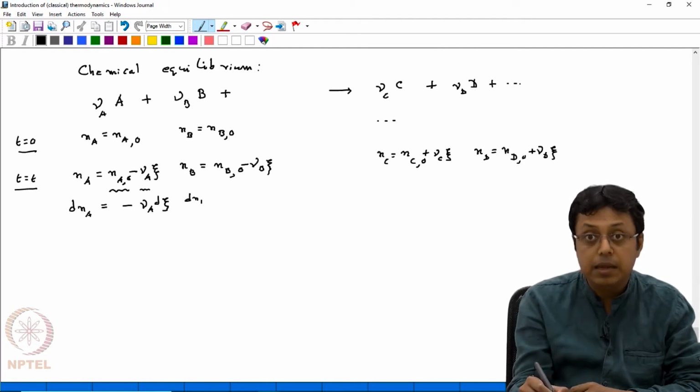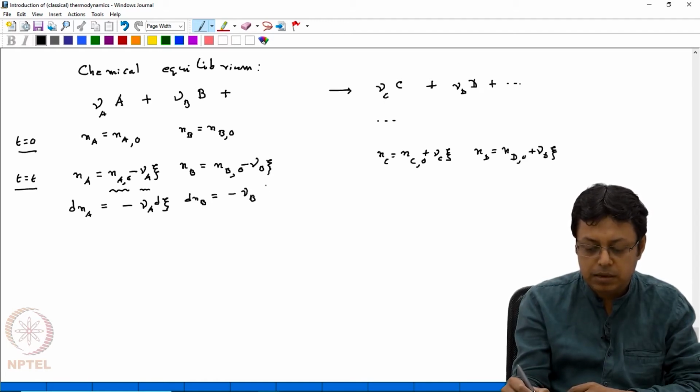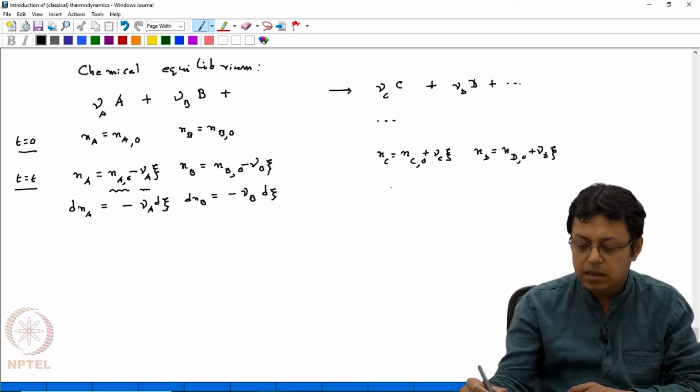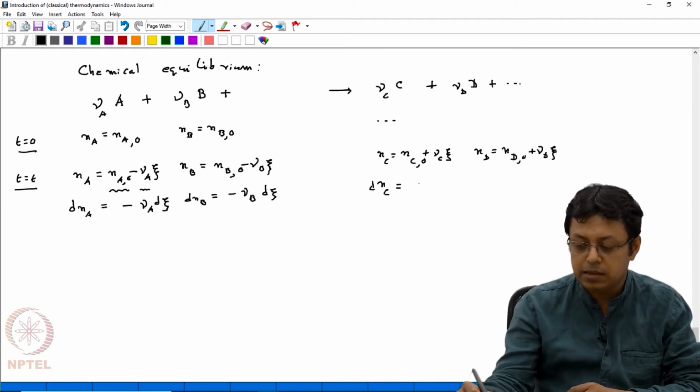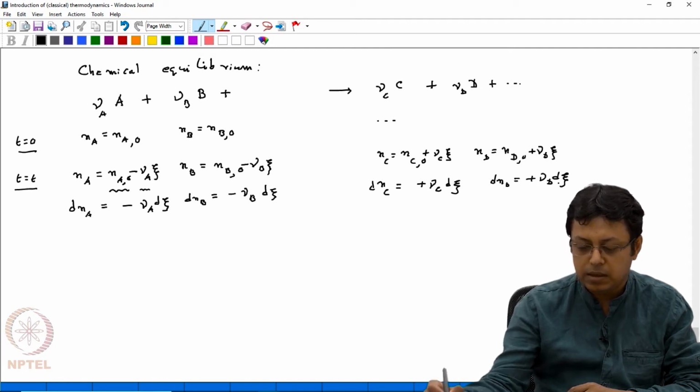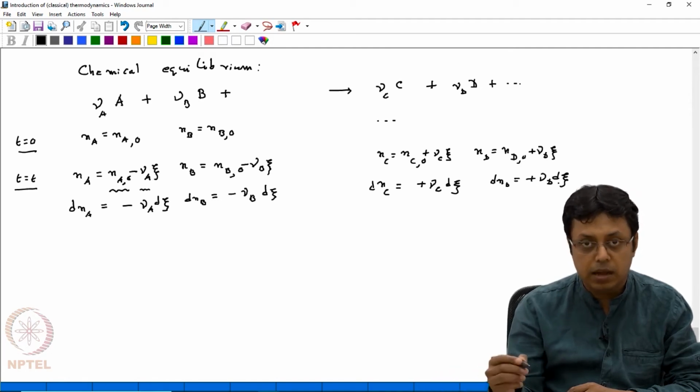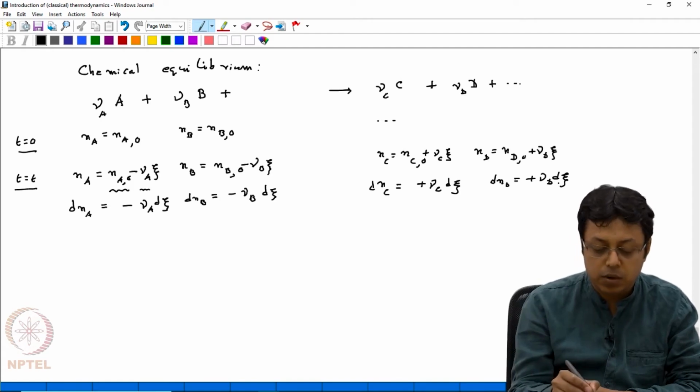Similarly, dNb will be minus nu B into d xi, and similarly dNc, which is the differential change in the amount of C, will be plus nu C into d xi, and similarly for dNd, it will be plus nu D into d xi. And then we can combine everything and ask this question: what is the change in